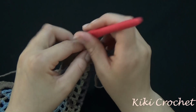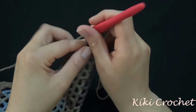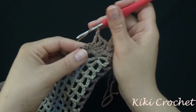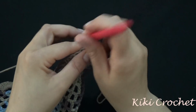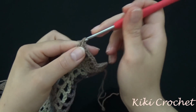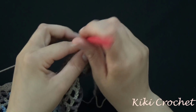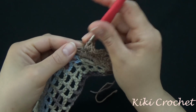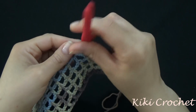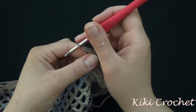1, chain 1, next stitch, 2, chain 1, next stitch, 3, chain 1, 4, chain 1, 5, chain 1, 6, chain 1, 7, chain 1, and our last double crochet, 8, and after the last double crochet, chain 1 again and work